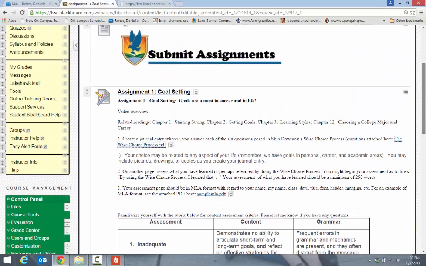So if you have any questions about that, let me know. Like I said, Chapter 1, starting strong, Chapter 2, setting goals, and even Chapter 12 are pretty closely related to setting goals and what that means to you. Chapter 3, the learning styles chapter, where you learn whether you're a visual learner, auditory learner, things like that, might come into play if you're talking about your academic goals and how you might revise the